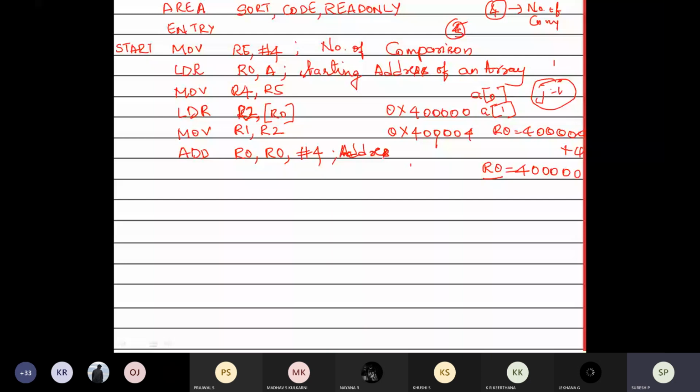Now I have to move the data which is stored in 4004. To move the data from 4004, what is the instruction I have to use?